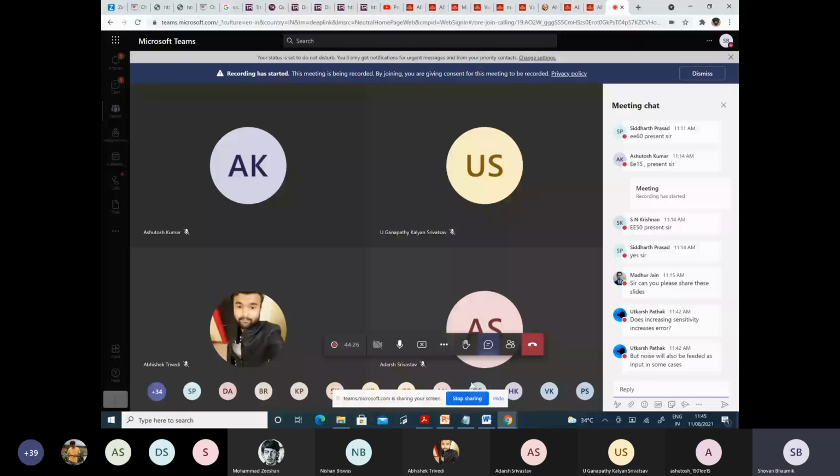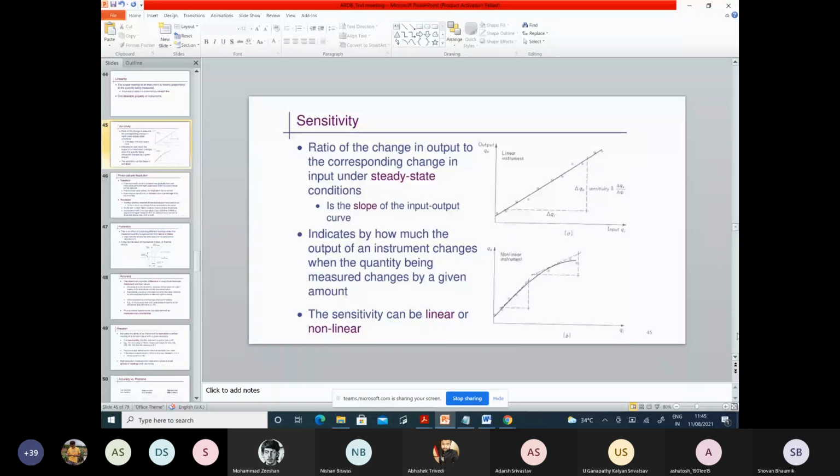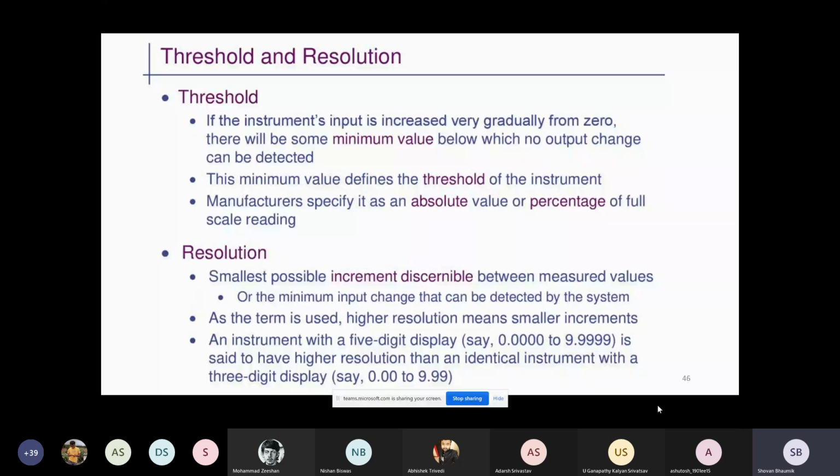Okay, next move to the next part. Threshold and resolution. So what is the meaning of threshold and resolution? Suppose you have an instrument, you have an input, and the input changes very slightly. It does not mean that you will get an output change. Now you keep on changing the input slowly, slowly, slowly. At some point of time, you will see that an output change happens. So that minimum value of the input change for which you see the output change is called the